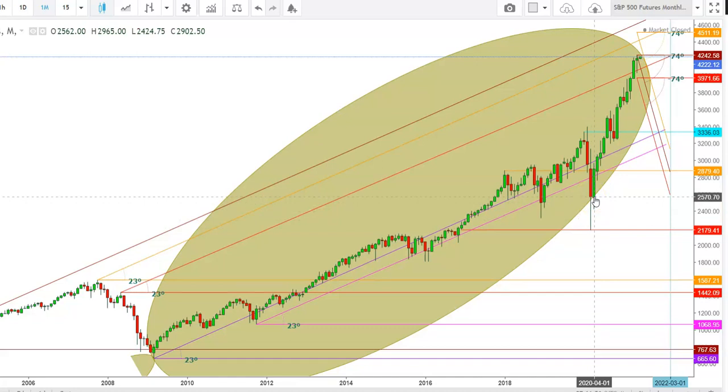Once again the S&P 500 futures continued this rally since April 2020, and you can see how this rally witnessed a sharp uptrend which is still continuing. But here I find that after testing a high at the levels of 4242 during the month of May 2021, the S&P 500 futures look ready for a sharp downward move from here, because you can see how this uptrend has turned into an equity bubble.